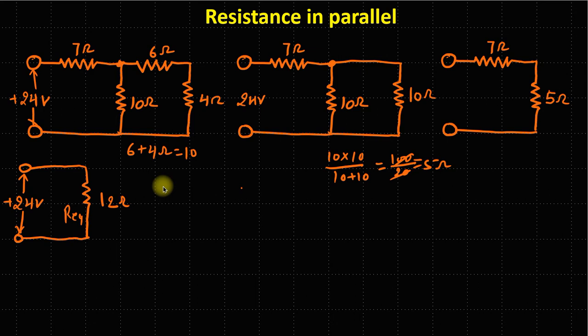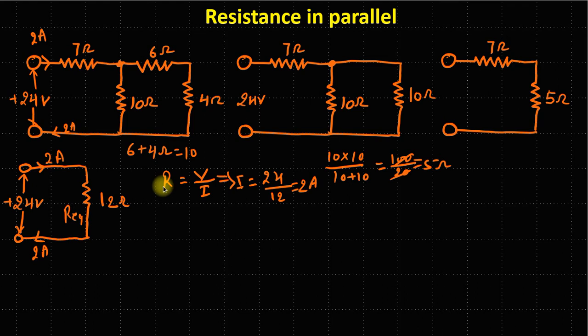So by Ohm's law, we have the voltage. So by Ohm's law, V upon R, we can calculate the I of the circuit. Total I is 24 divided by 12 ohm, equal to 2 ampere. So here the current will be 2 ampere. Whole circuit current, 2 ampere exits from the battery and 2 ampere enters the battery.